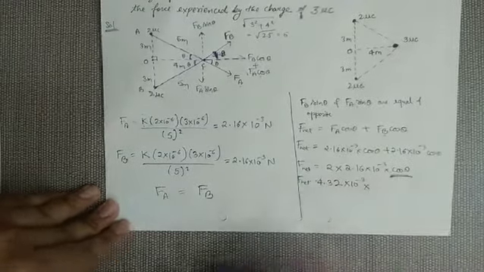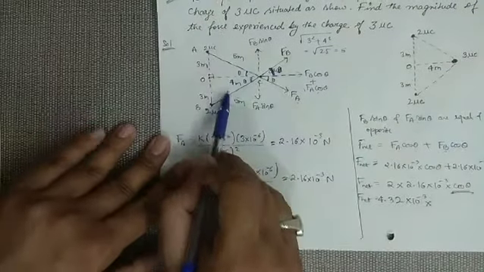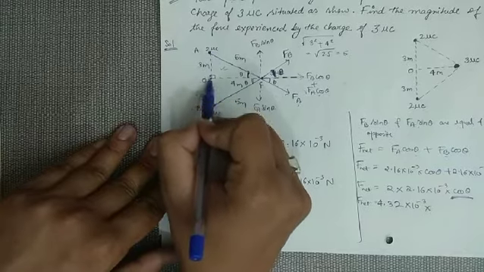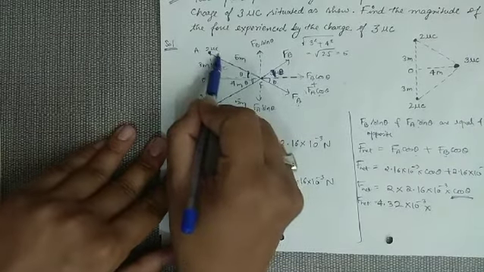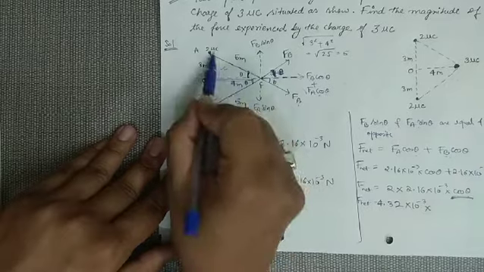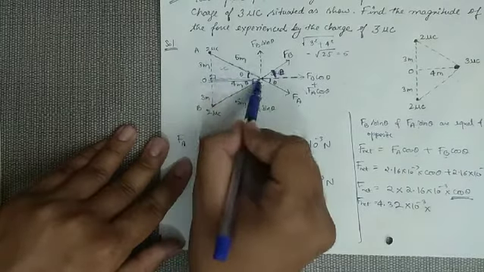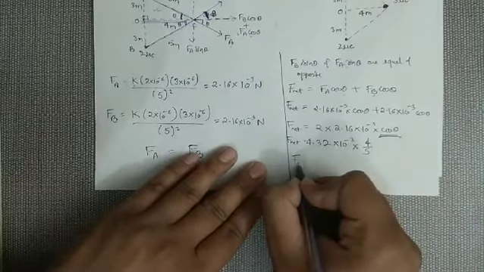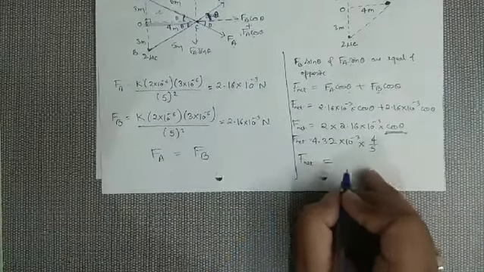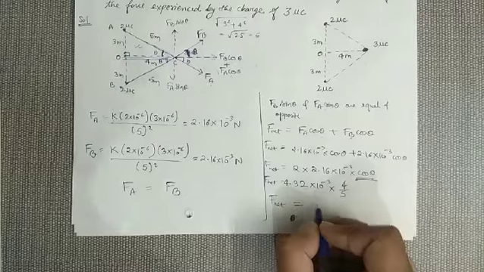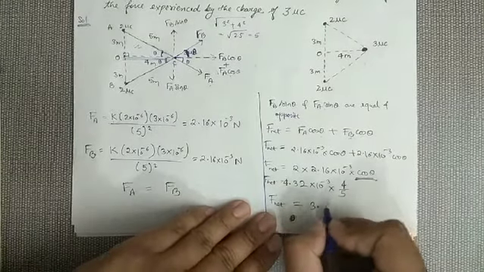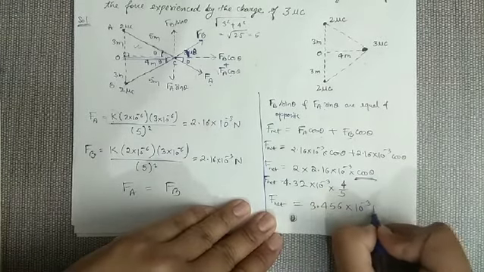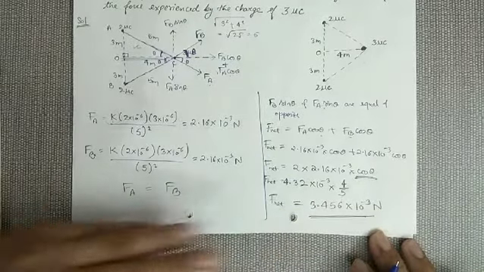Now comes cos theta. You can consider either of the two triangles. If I consider this triangle, this is theta, so this will be the perpendicular, this is the base and this is the hypotenuse. Cos theta is base upon hypotenuse. So your base is 4 and your hypotenuse is 5. On solving, you will get your net force equal to something about 3.456 into 10 to the power minus 3 Newton. So this is your net force.